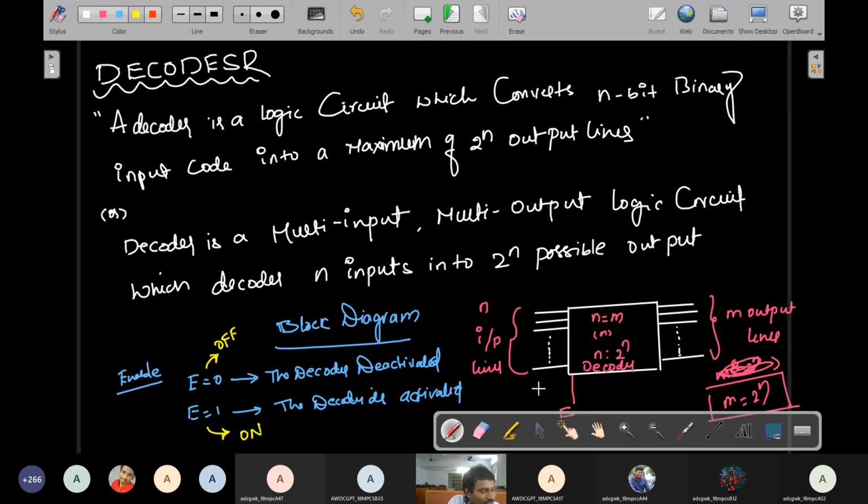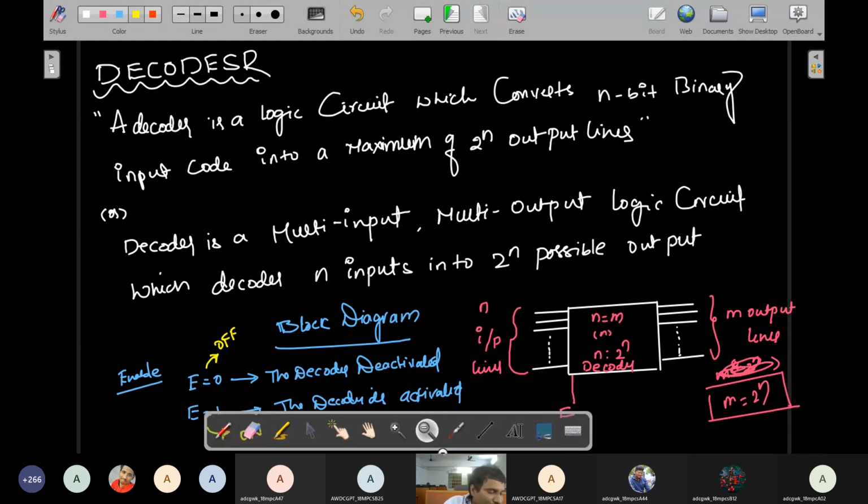Okay, so after that, expanded decoder. One question is like expanding tree diagram of demultiplexer and multiplexer. Similarly we have another circuit, that is called expanded decoders. By using two 3 to 8 decoders I am converting to a 16 output decoder. So three concepts are there. I'll explain the first concept right now, so please note everybody. I'll move to next page. I'll start from 2 to 4 line decoder.